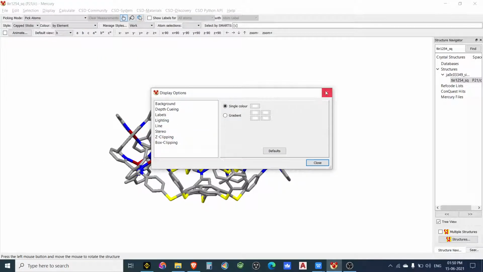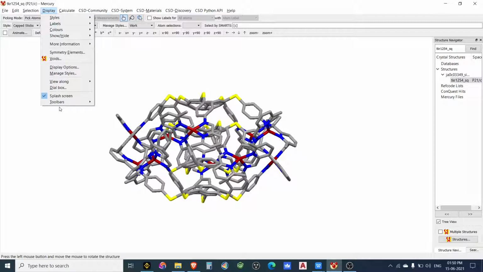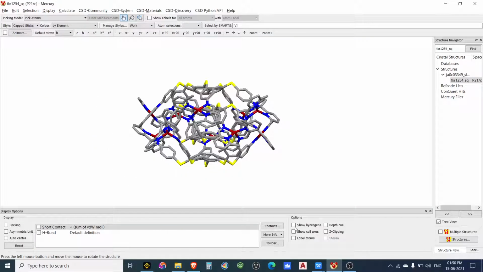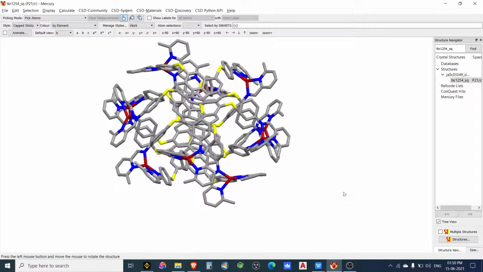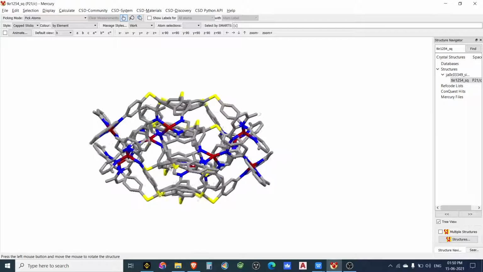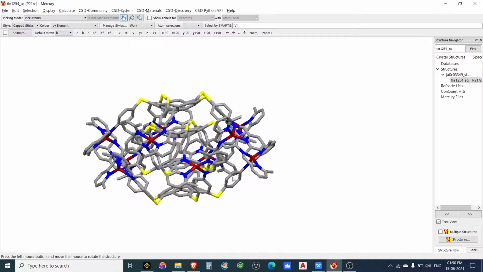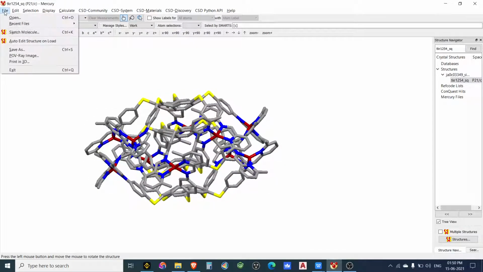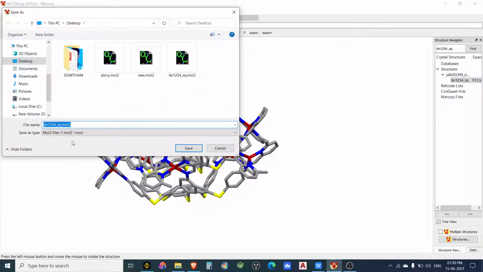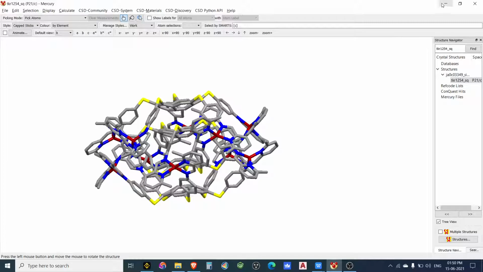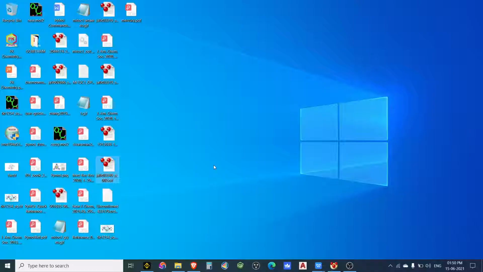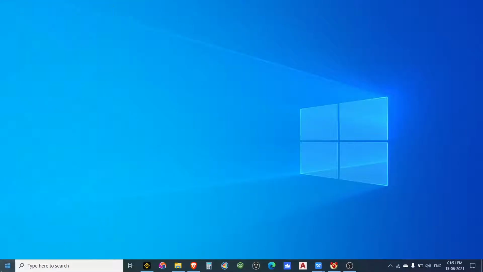Okay, how did I do that? There is show hydrogen and then hide hydrogen. Okay, so in this way I have hidden the hydrogens. See, after deleting all the molecules, it will look like this. What you need to do is simply go to file, save as, then save as a .mol file. You save this file. After saving, you need to open PyMOL.